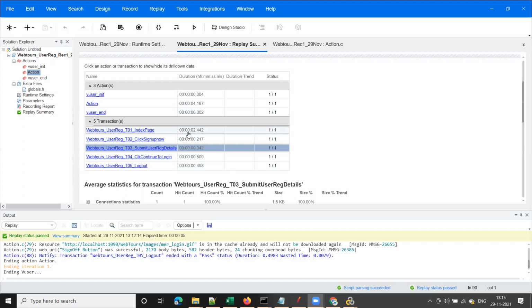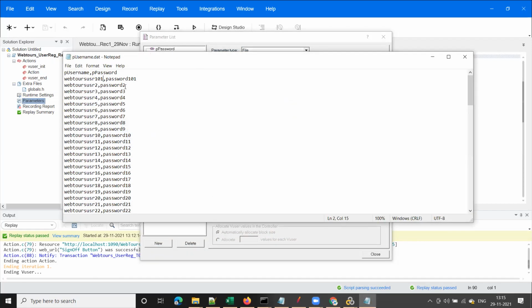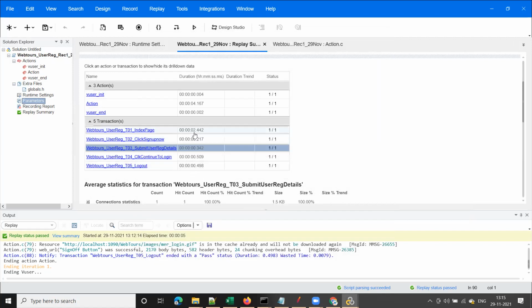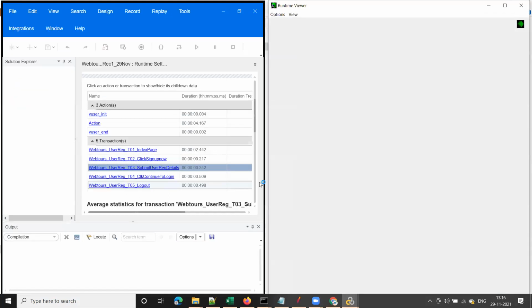But these response times are not fixed values. Let me show you. Let me replay one more time and show you. Those response time values change from time to time. Okay, let me run the script with one more user ID. You may see a different response time. Here it is 2 seconds, 2.5 seconds approximately, isn't it? Let me replay and let's see how the response times are going to be the next time.